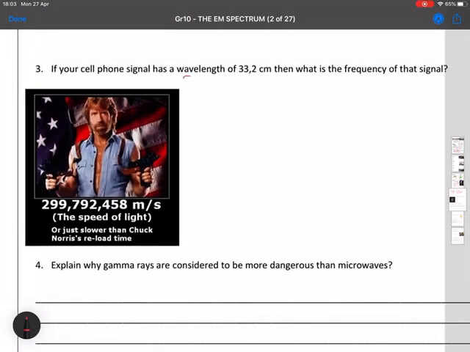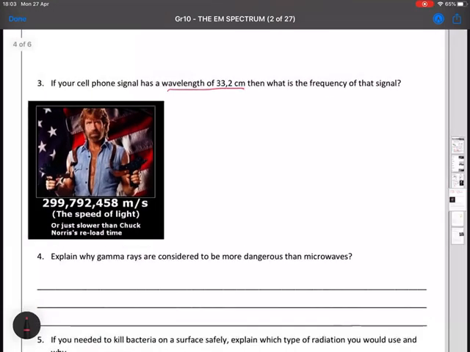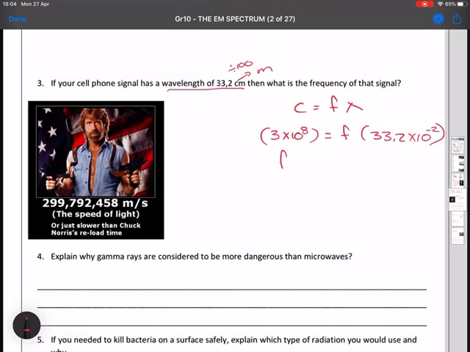So if your cell phone signal has a wavelength of 33.2 centimeters, note that that's not in an SI unit, then what's the frequency of that signal? You can use C is equal to F times lambda, speed of light 3 times 10 to the 8. Frequency is what we're trying to solve for, and the wavelength is 33.2. But now to convert centimeters to meters, you need to divide by 100. Remember, centi is the SI prefix for 10 to the minus 2. Then you press buttons on your calculator and you'll come up with the frequency is 9.04 times 10 to the power of 8